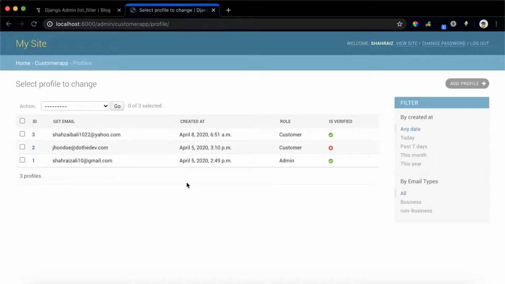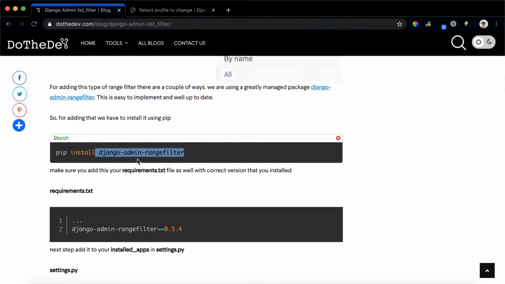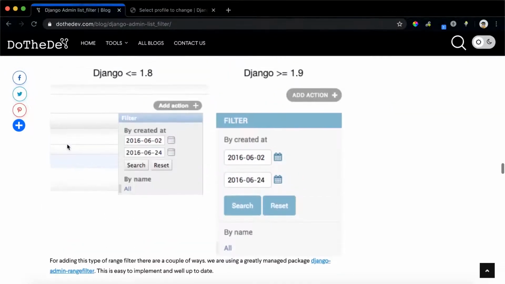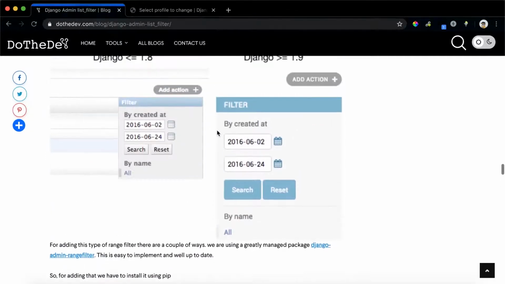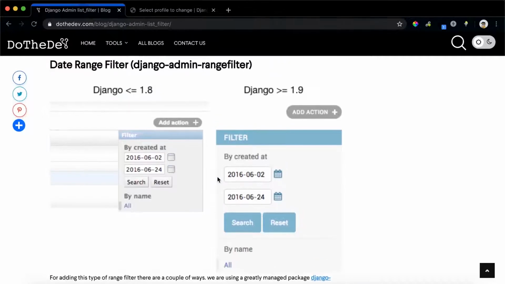Okay, so next up, coming back to the discussion we had earlier, which was a requirement where we wanted a UI for the range filters as well. There are a couple of ways of implementing it. You can do it totally manually on your end. There are also a couple of packages available. So in this tutorial, I have used this package, Django Admin Range Filter,